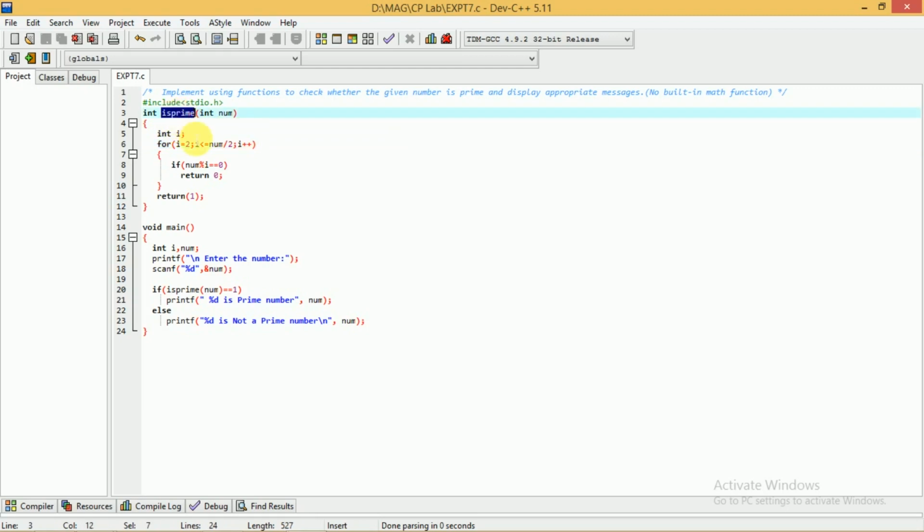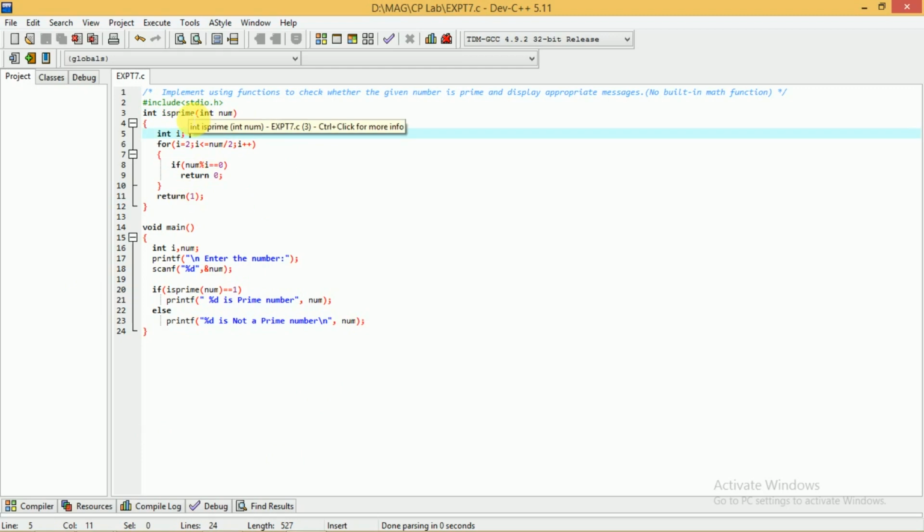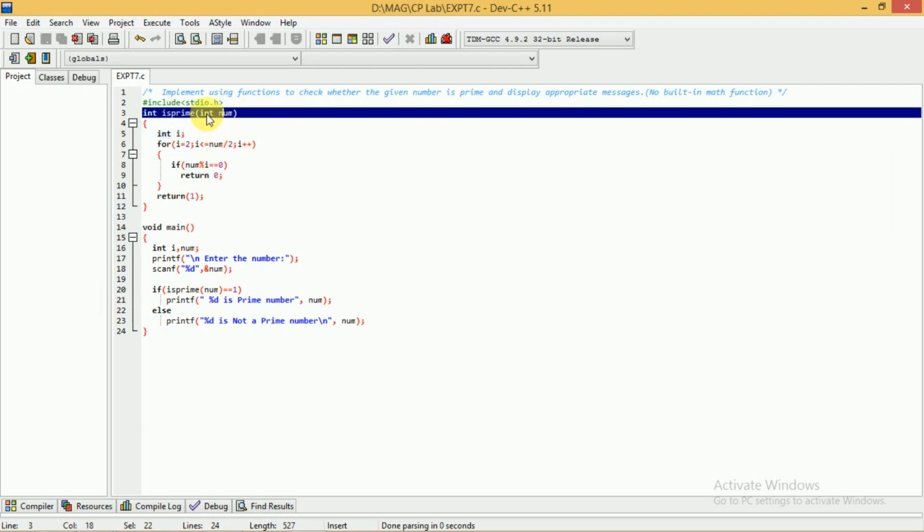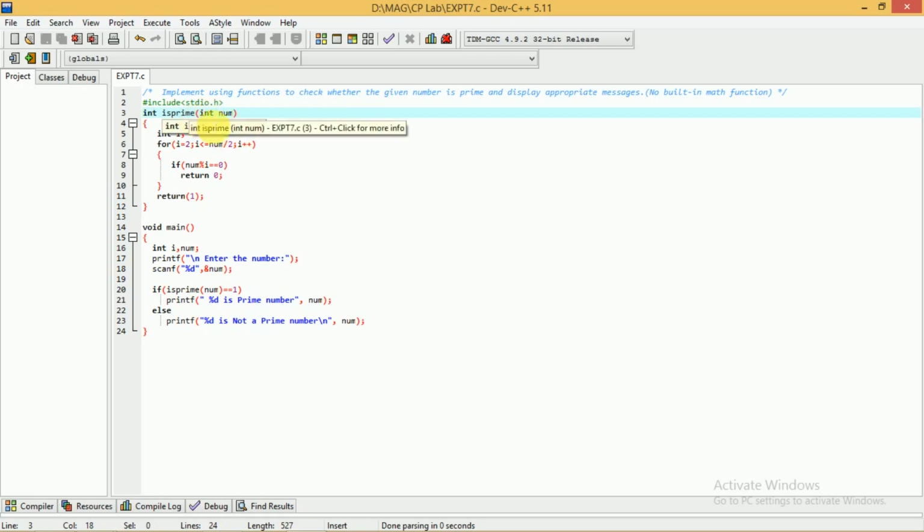The name of the function. In this example, the name of the function is prime, because here you are going to write this function to check whether the given number is prime or not. So it is like asking is prime. Which number are you checking? In our program we read a number in the variable num, and that variable name we pass as an argument to this function. So it is prime, and after that in brackets we have int num. So int num means here I am going to check whether this number is a prime number or not.